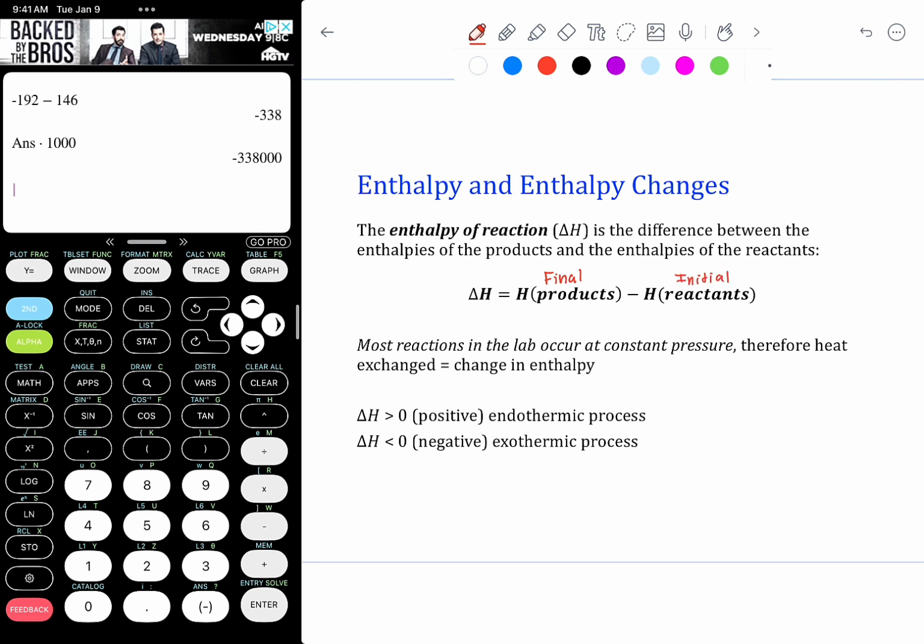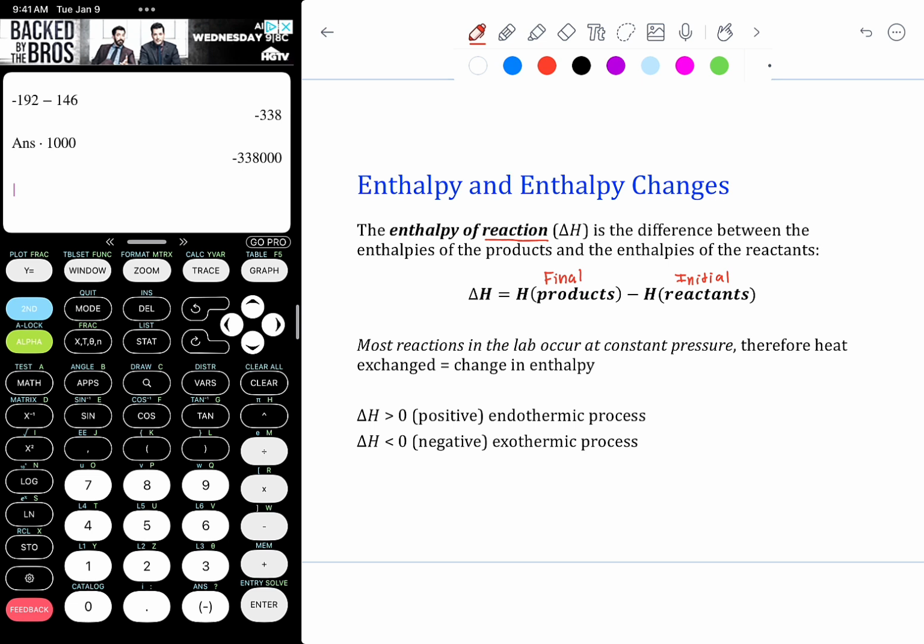So when we're talking specifically about reactions, instead of saying final minus initial, we'll start saying products minus reactants, the final part of the reaction minus the initial part of the reaction. Most reactions in the lab occur at constant pressure, which is why we only care about P delta V when we're talking about work. Therefore, the heat exchanged in a chemical reaction in the lab is equal to the change